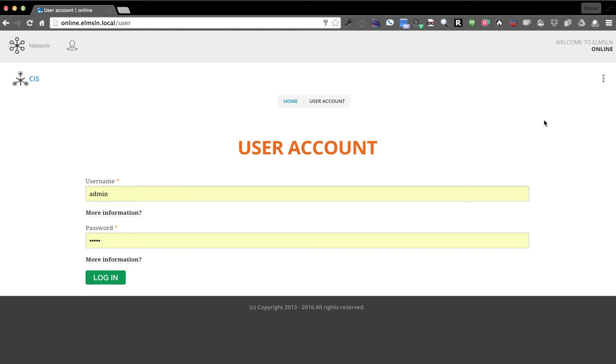So after installing ELMSLN in Vagrant, this is what you'll get. You can get this when you install anywhere else as well, but I'm testing it out in Vagrant here. So I'm going to log in with admin. I'm going to go to online.elmsln.local. So I'm going to log in